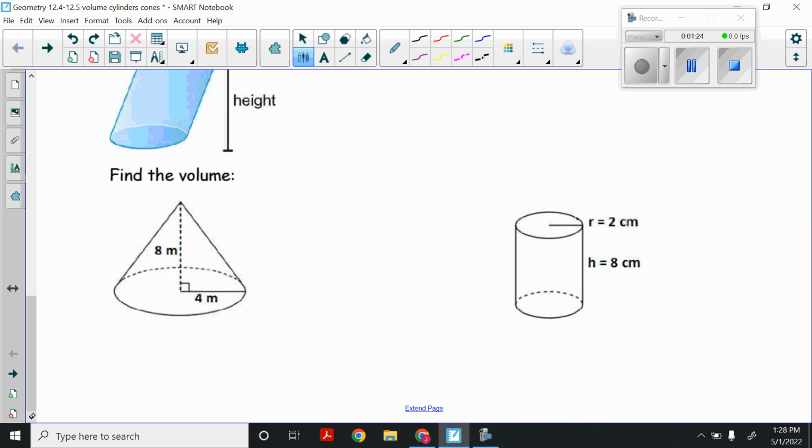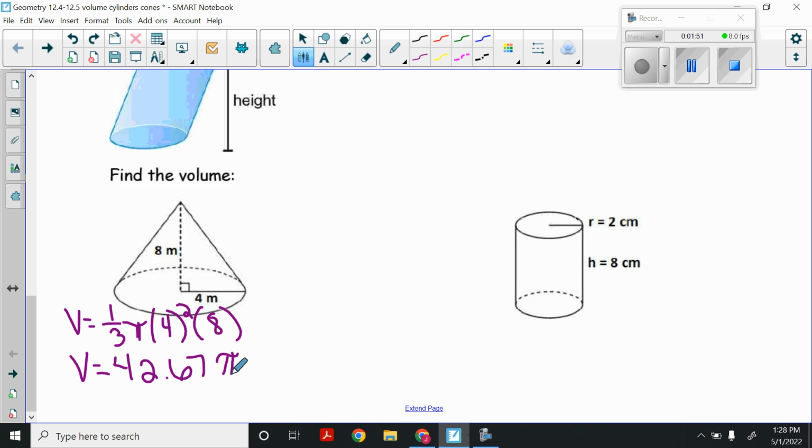The very first one, I see that it is a cone. So my formula for volume is 1/3 pi times my radius, 4 squared, times the height. They tell me the height of the cone is 8. So in this one, we have everything that we need. And again, since I have pi, I can put my answer in 2 separate ways. So first, if I do 4 squared, I get 16 times 8, and then divide by 3, I would get 42.67 pi. I found volume, so cubic meters,